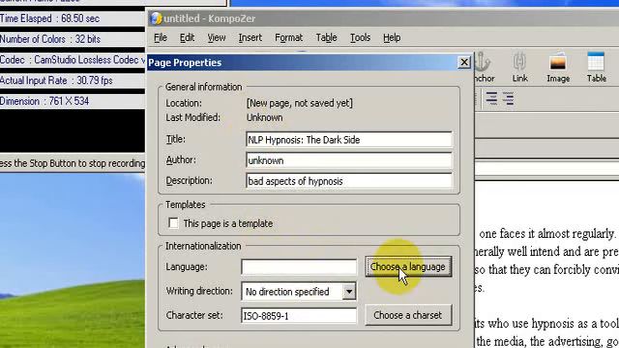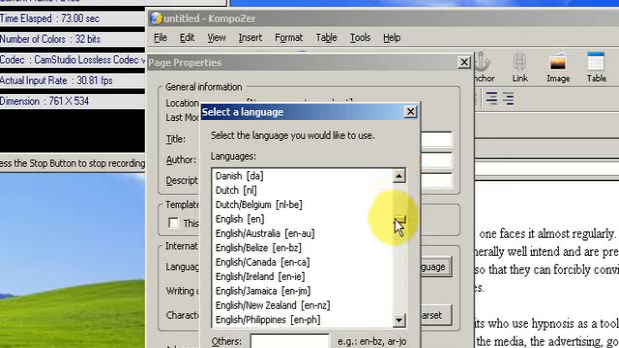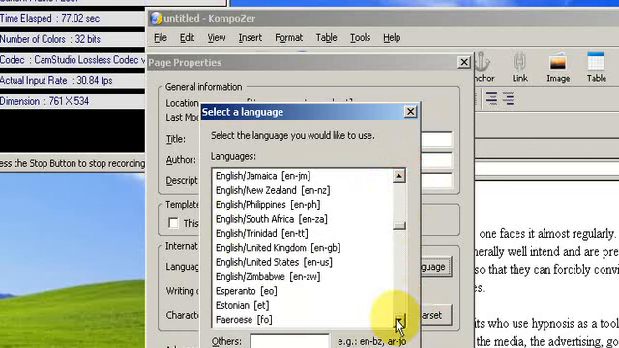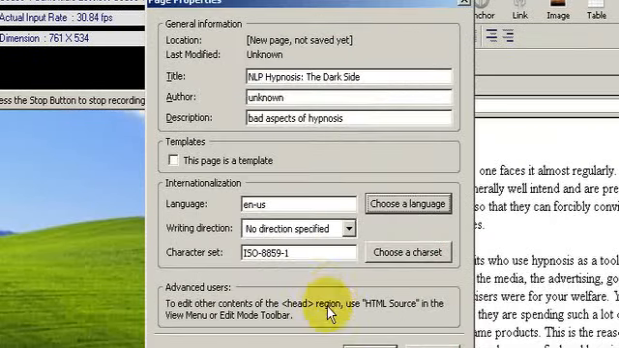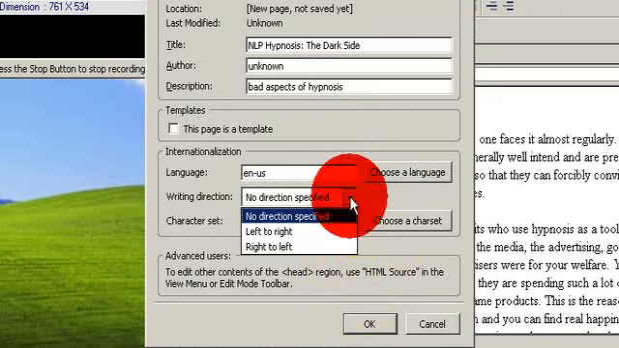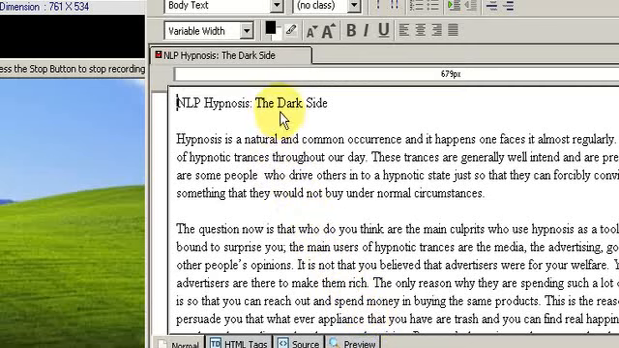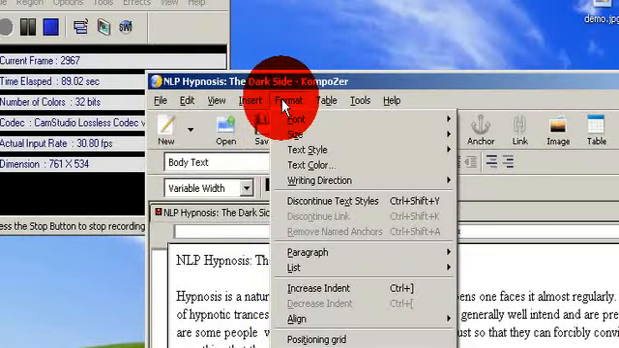Language, we're going to choose language. Let's say American English. English, and we go to the end, United States. Writing direction you don't have to worry about, but we'll just fill it in anyhow. Click OK. Now, page format,